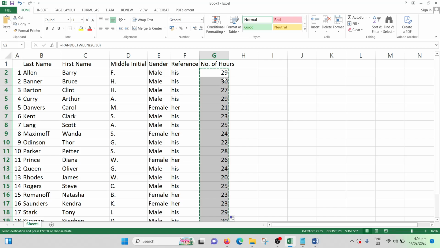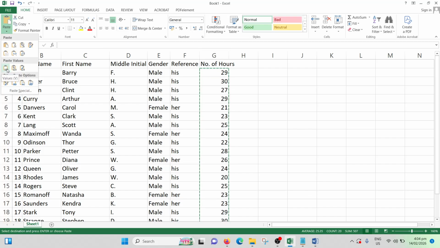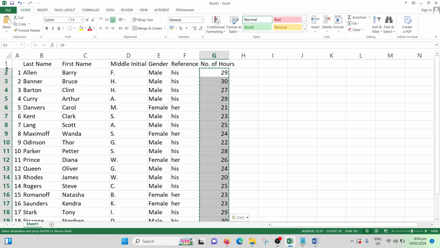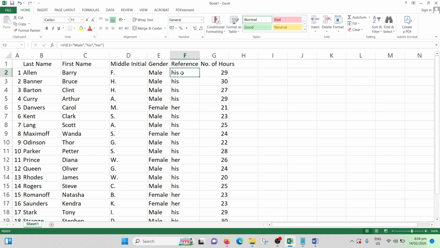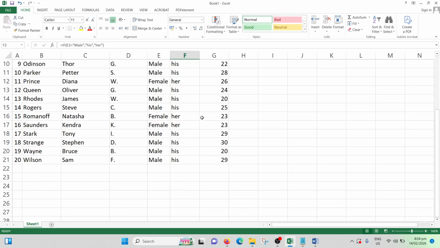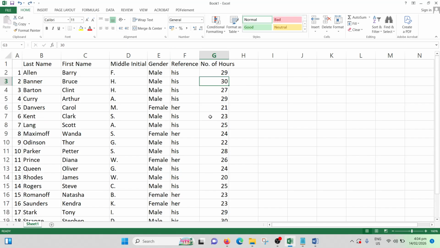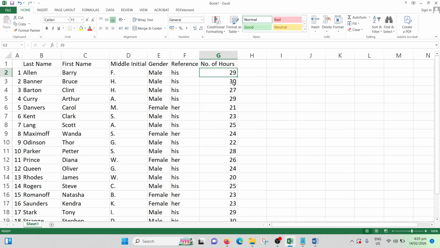And then, since this is a formula, we have to copy this and then paste it as values. So we'll look for the values option, this one, paste it as values. So it will be pasted as the actual value, not the formula. The same with this. Or actually, we don't need to do that because it will work even if it's a formula. It will work in mail merge.